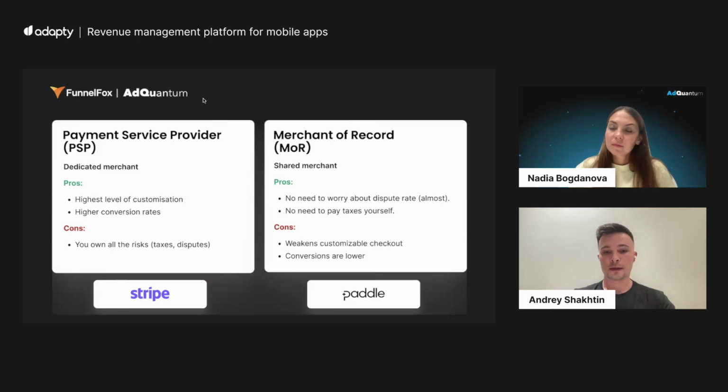And the advantage of this approach is that you don't need to worry about calculating taxes. They pay taxes for you. They usually handle all dispute and chargeback stuff for you also, so you don't need to care about that. But the negative is you cannot customize a lot of stuff. You can customize checkout usually, and this is why conversion rates could be lower. And I would say that the best product from the merchant of record market is Paddle,